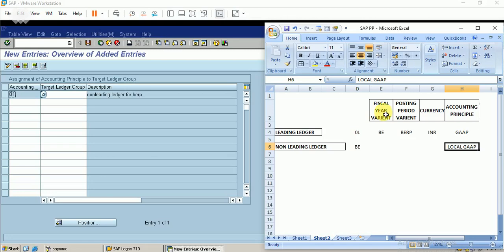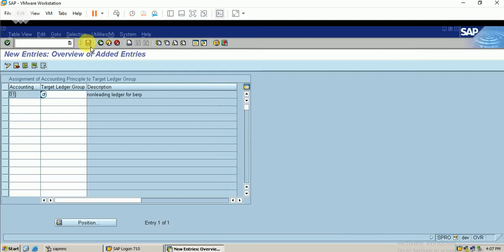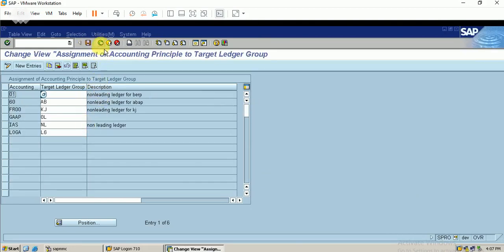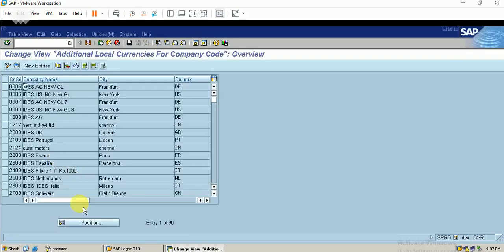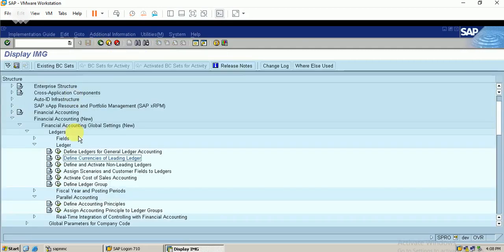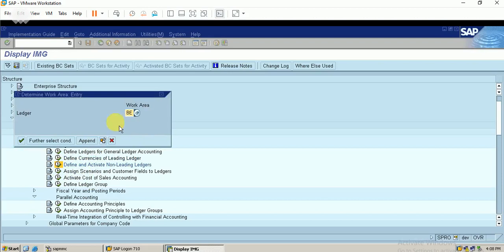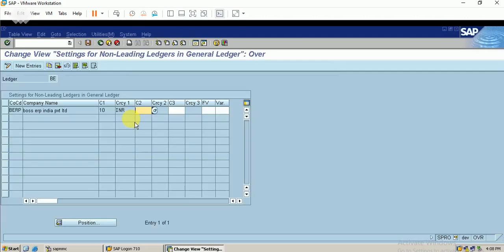I can assign the fiscal year variant and posting period variant. Here, this is my non-leading ledger, and here I can assign a different fiscal year variant.